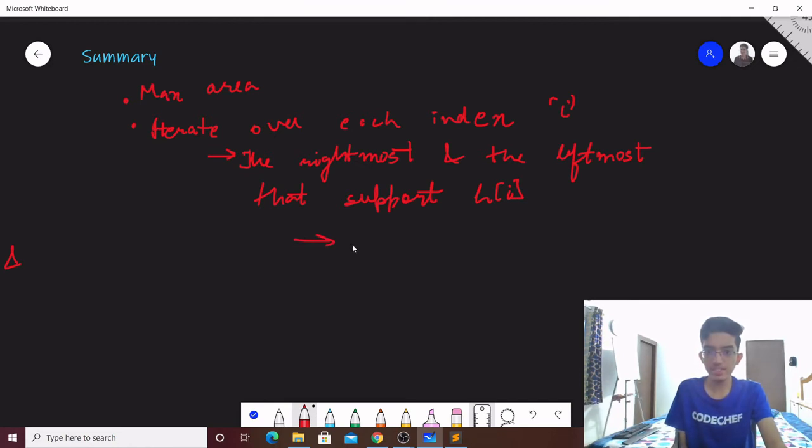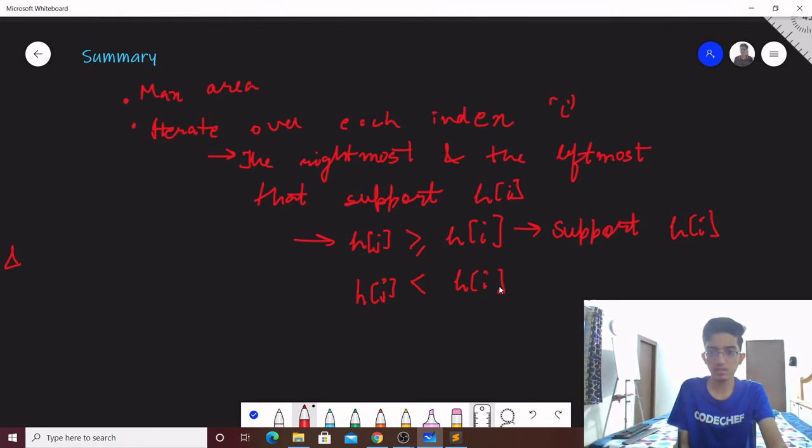If any j has h of j greater than or equal to h of i, then these rectangles support h of i. And if h of j is smaller than h of i, then there is no support. Okay, so by doing this,